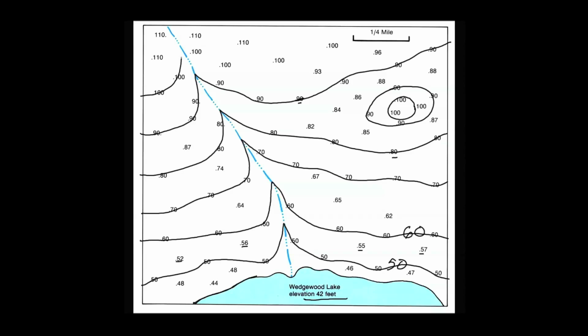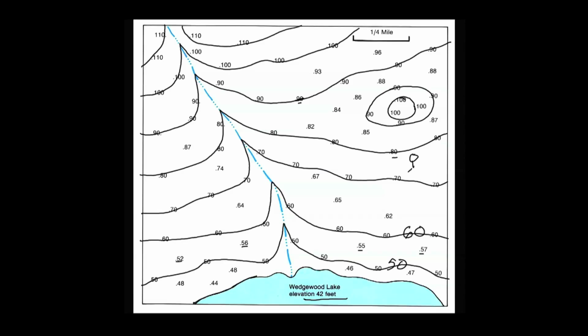I'll go back to the west side of the map with my 100, connect my 100-foot elevations off the map. Finally, that leaves me one more contour line. Now you'll notice a couple of things here. Contour lines never cross one another because they represent points of distinct elevations. Where contour lines close back on themselves, they always indicate the top of a hill. And another thing you'll note is that contour lines will repeat each other when you change direction.